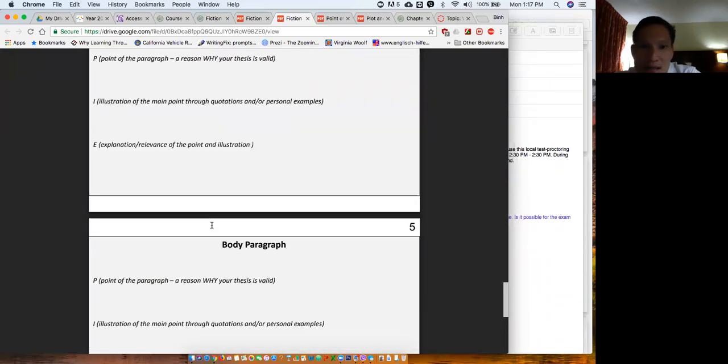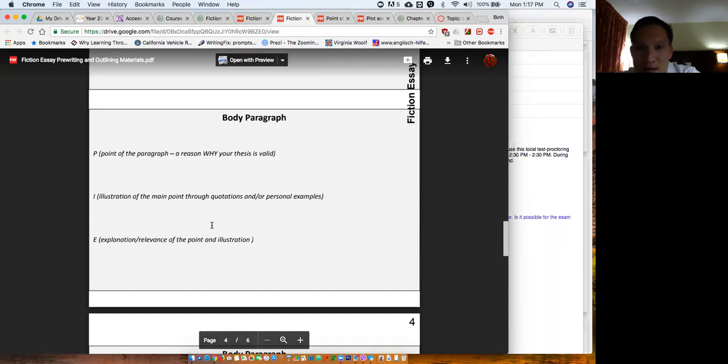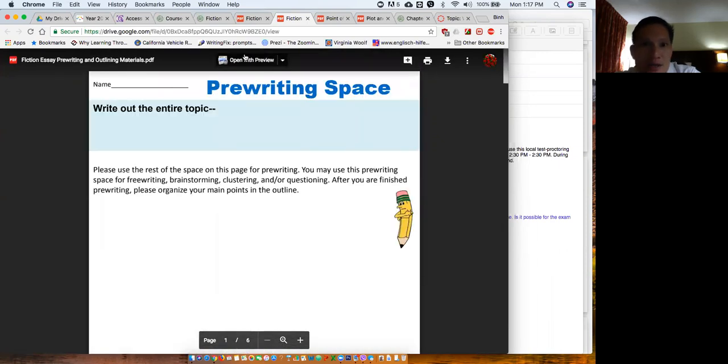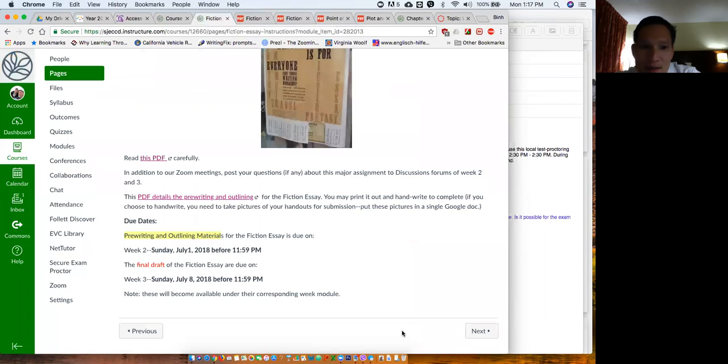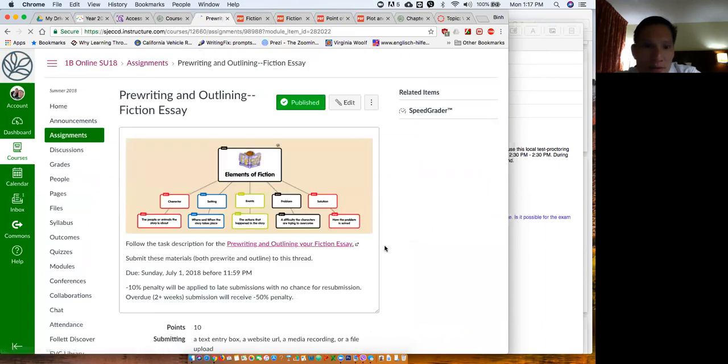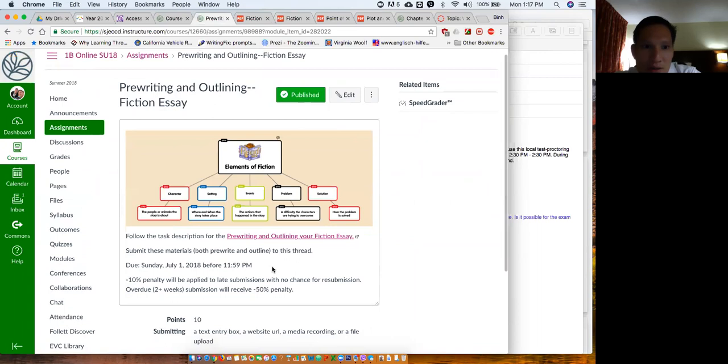So you create this outline first before you draft your essay, okay? So these two materials, both the pre-writing and the outlining materials, are due this Sunday. The final draft will be due next Sunday. Once you're ready, click next on the module for week 2, and this is where you submit your pre-write and